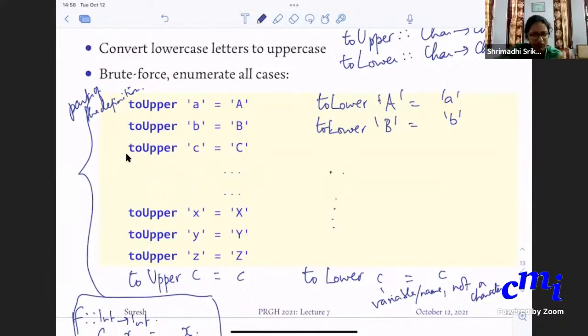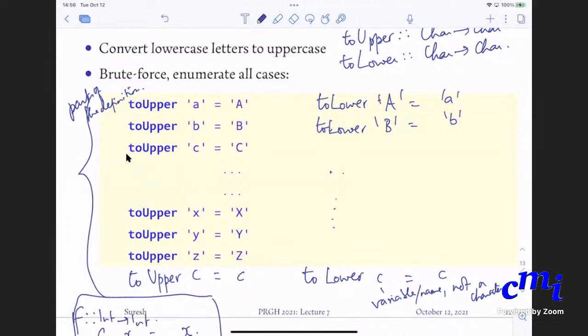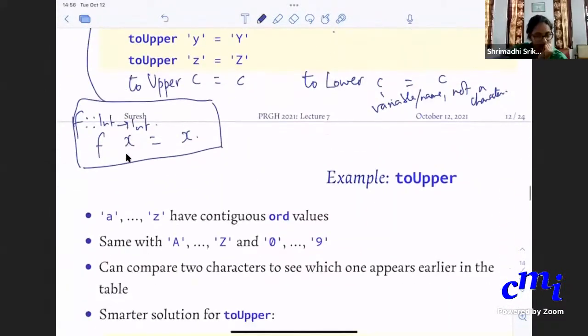Yeah, it does give you a big C, which is a character. Which is the same character, right? Yes, that is the point. Return the same character is what I mean.